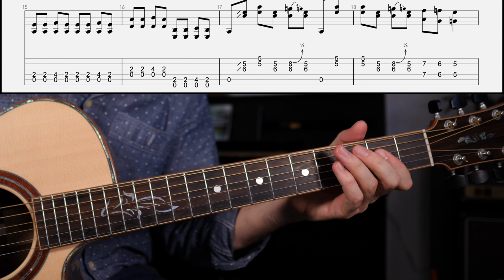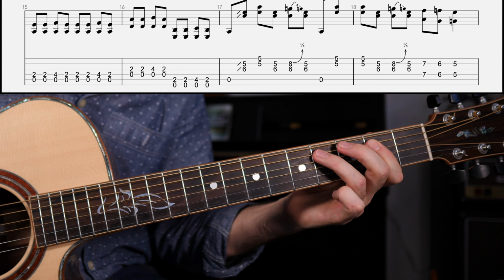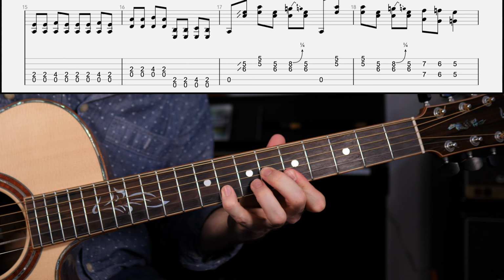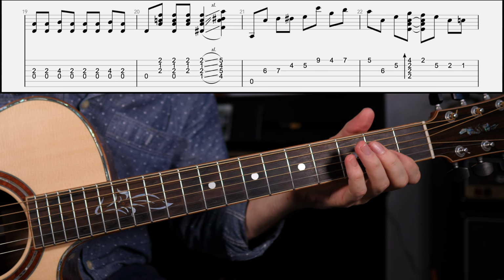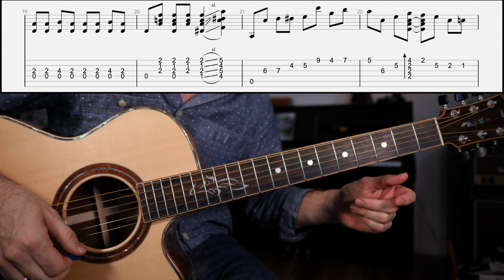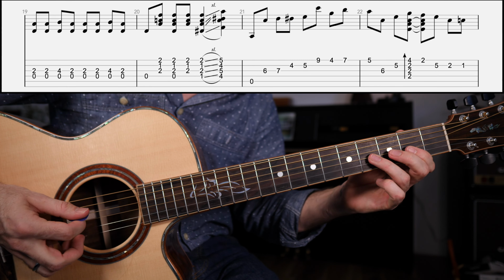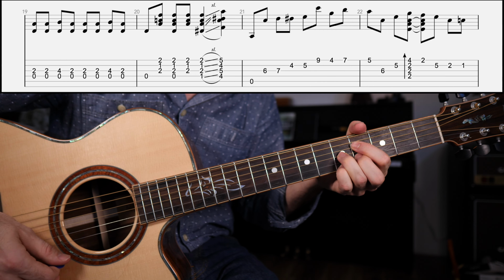Backwater Blues, don't call me back, my things ain't gold. Backwater Blues. Alright, that's gonna get us to line 2 of this example. Backwater Blues, don't call me, pack my things and...